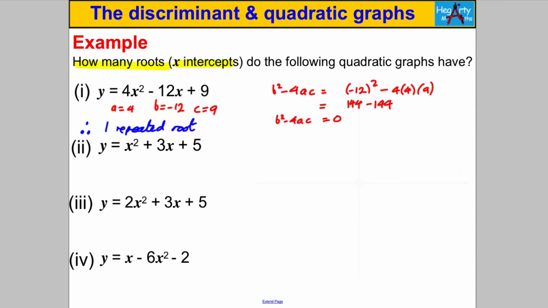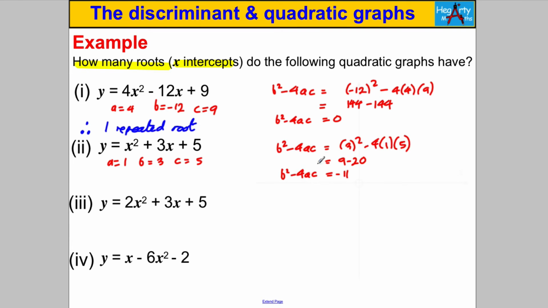Well, in this case, we're going to say that a is equal to 1, b is equal to 3, c is equal to 5. We're going to work out b squared subtract 4ac, which is going to be 3 squared subtract 4 multiplied by 1 multiplied by 5, which is going to be 9 subtract 20, which is negative 11. Now, because b squared subtract 4ac is negative, you know for sure that